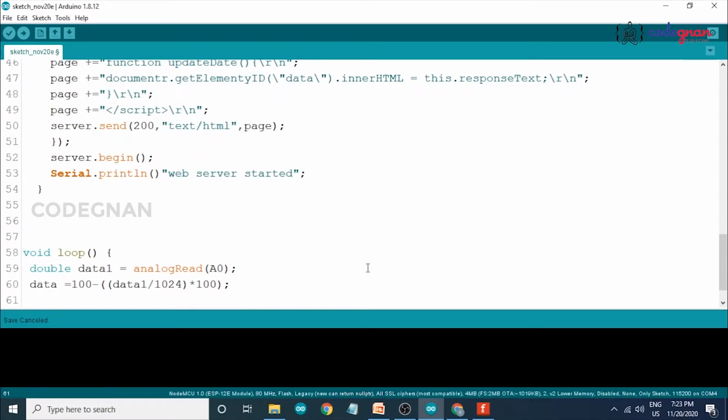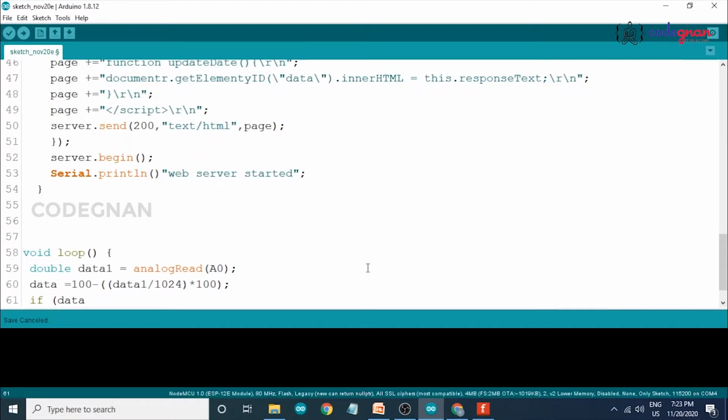Now we write an if condition: if our moisture is at a good level, it shows that soil is good, and if moisture is not good, it shows a message that soil is bad.